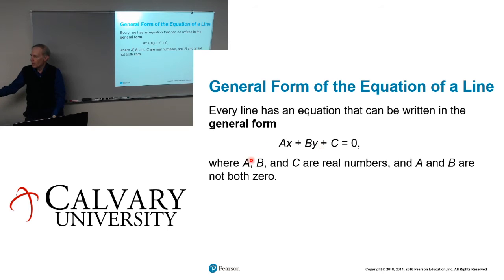So if A, B, and C are real numbers, but A and B are both not 0, you can write the line in this form right here, which is a valid way of expressing it, but the disadvantage is it doesn't really tell you what the line looks like. But you can easily figure that out,